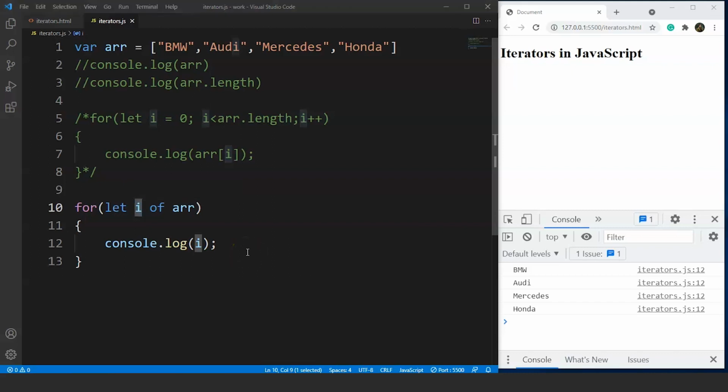So let's move ahead and we'll move on to iterators in JavaScript. Now an iterator is an object that uses a method to return an object with two properties. The two properties are value and done. We'll discuss these two properties later on in this video. Now talking about traversing an array, we can do it with for loop or the for of loop, we can say. But you know guys, we can do the same thing with iterators in JavaScript.